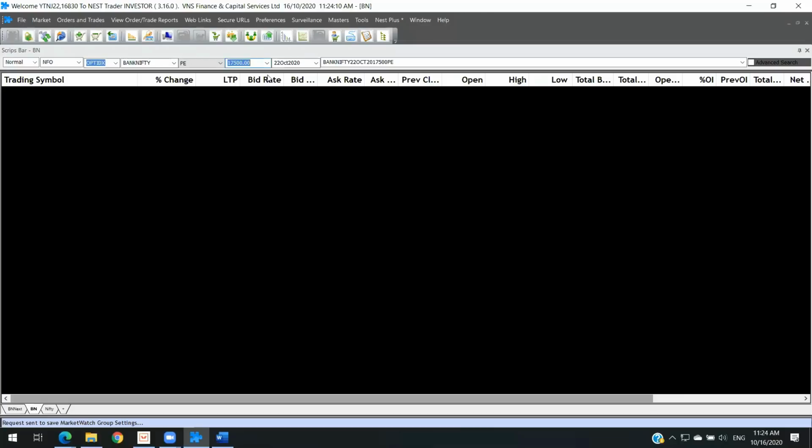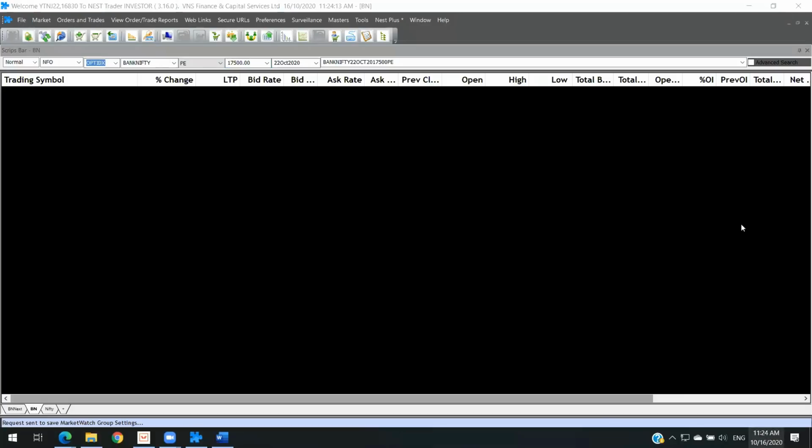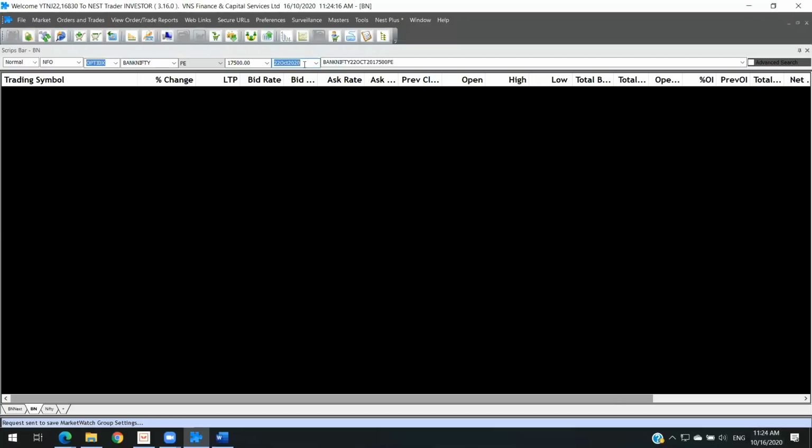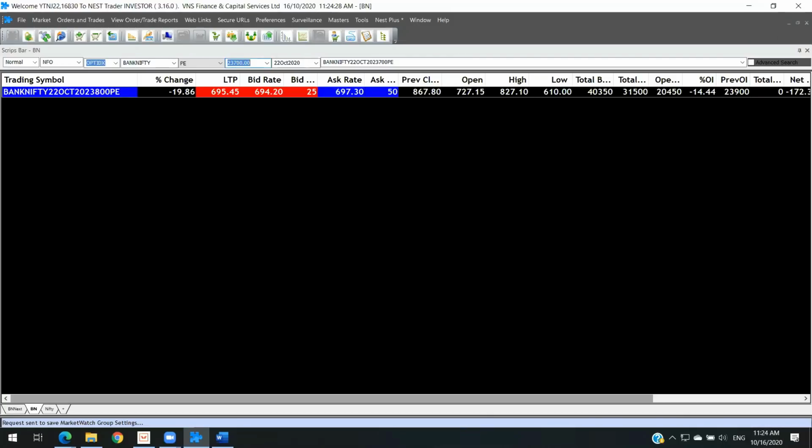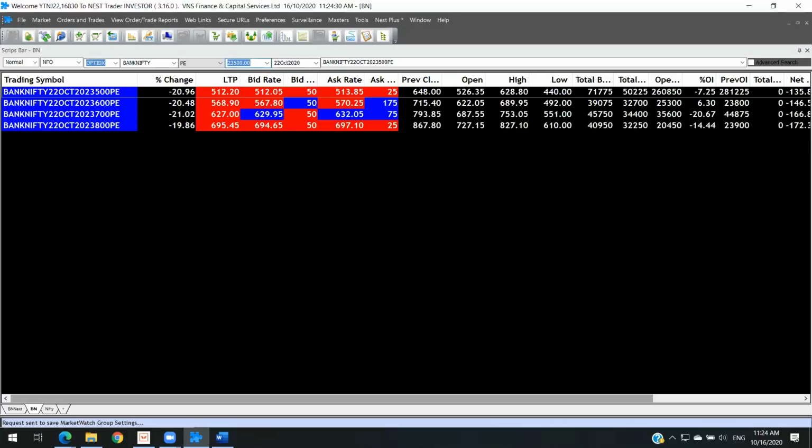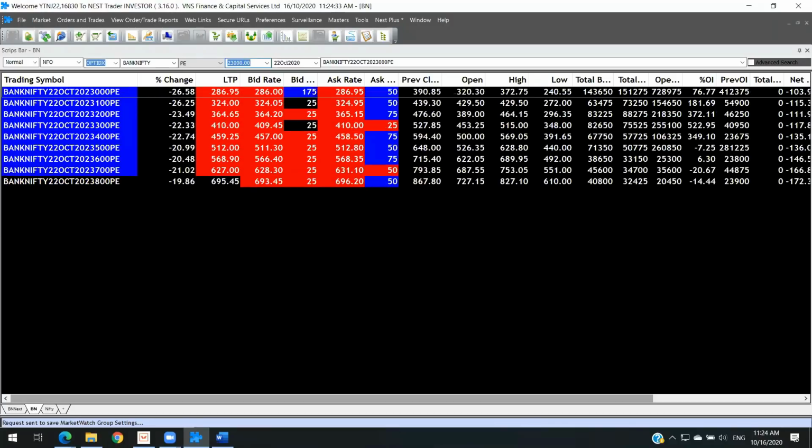What is the strike I wanted to add? The next expiry is on 22nd, correct? So for 22nd, what are the strikes which I wanted to add? Currently, the Bank Nifty future is trading at 23,346. So add 500 or 600 or 700 points away on the upside, and then similarly the other side. Enter the entry till whatever the price we wanted, enter it, and then see. I'm going to enter up to like 23,800.